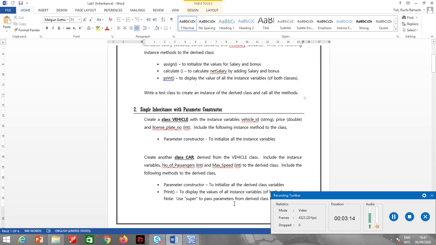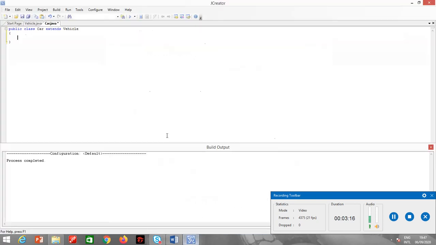Both of them are integers. So int number of passengers and max speed. These are the 2 instance variables, right?